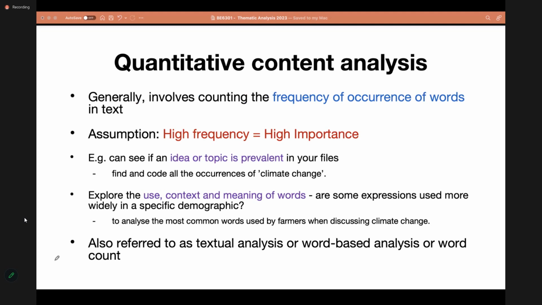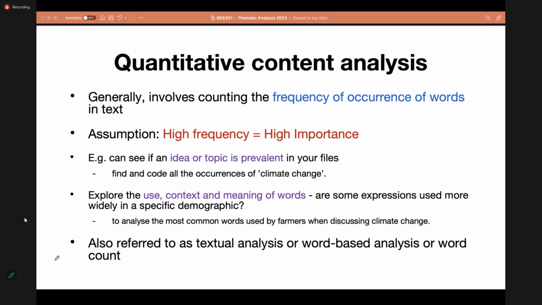Your basic assumption here is that if a certain phrase or word occurs many times, if the frequency is high, that would indicate that the importance or significance of that phrase or word is quite high as well.